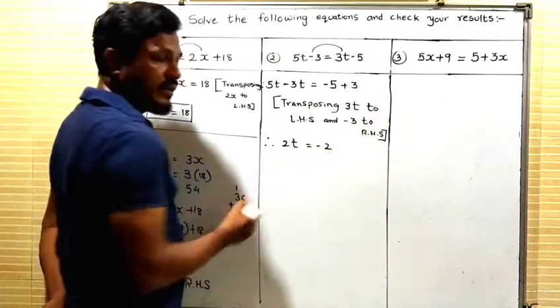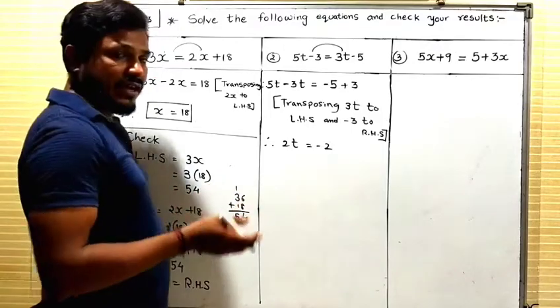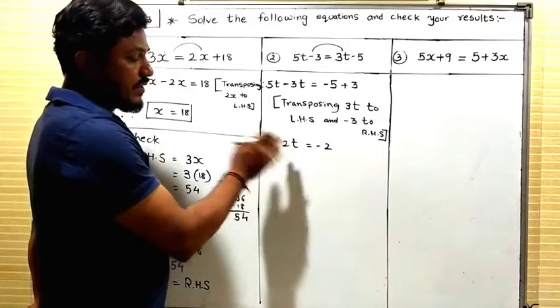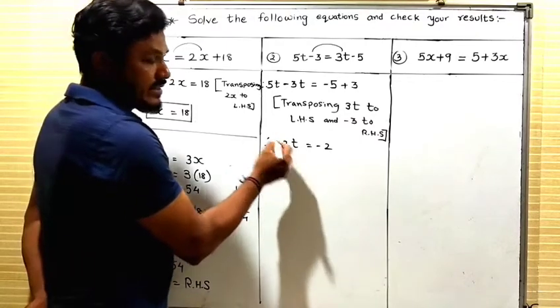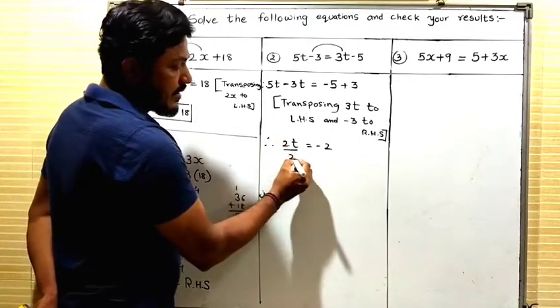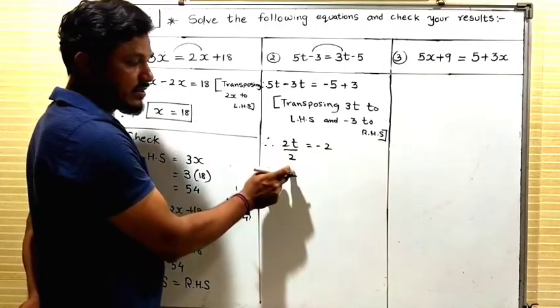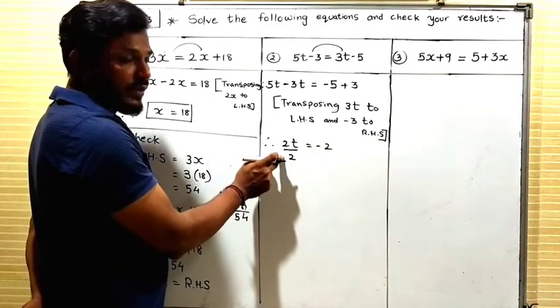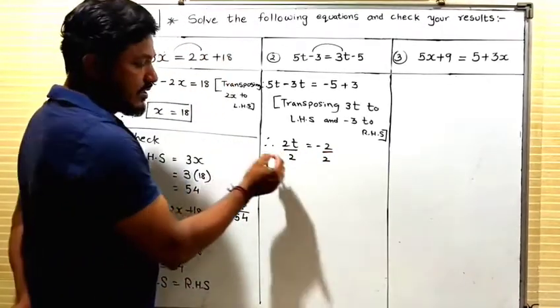Now dear student, as I told you, always try to eliminate whatever value is with the variable. Here 2 is there. I need to cancel this 2. So what I will do? I will divide 2t by 2, so that this 2 will get cancelled. Whatever value I have taken on the left hand side, the same value I will take on the right hand side. So what will happen?